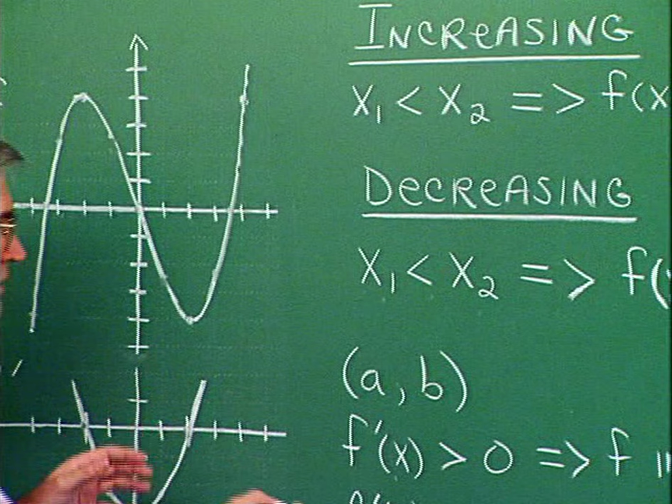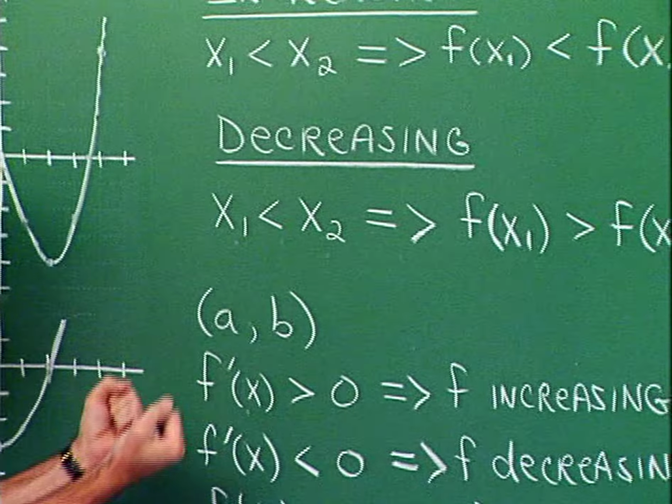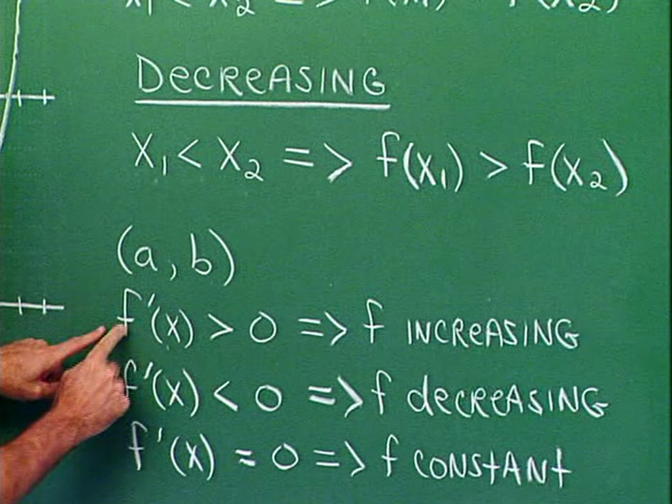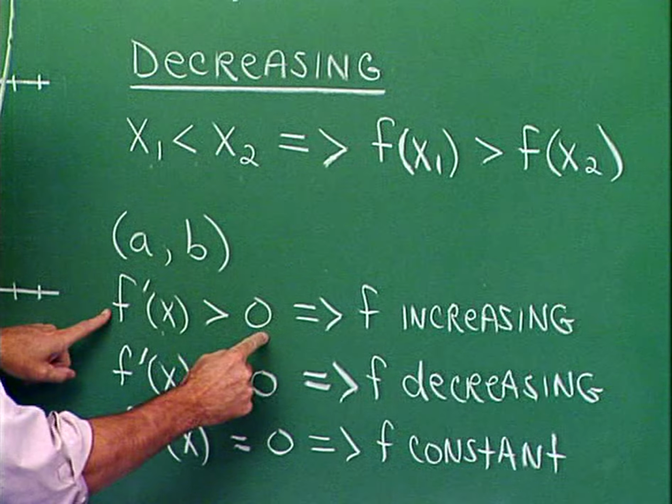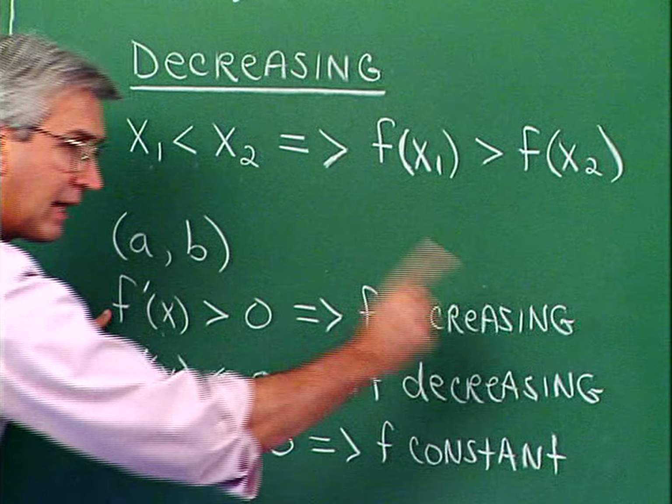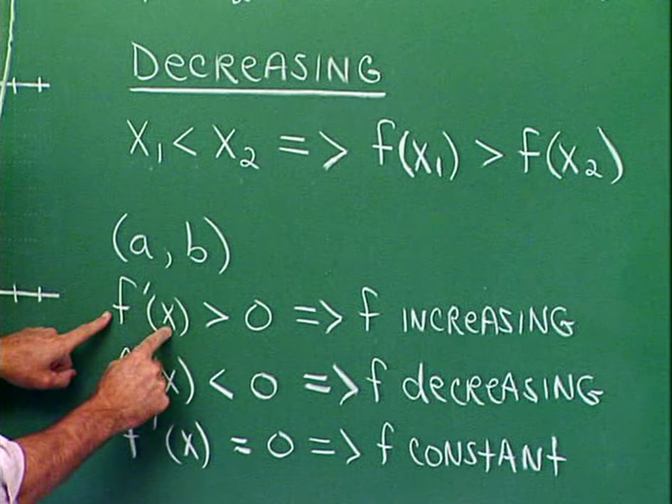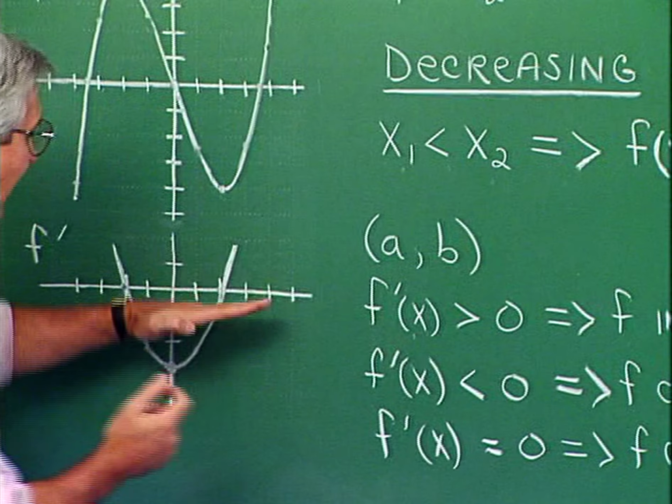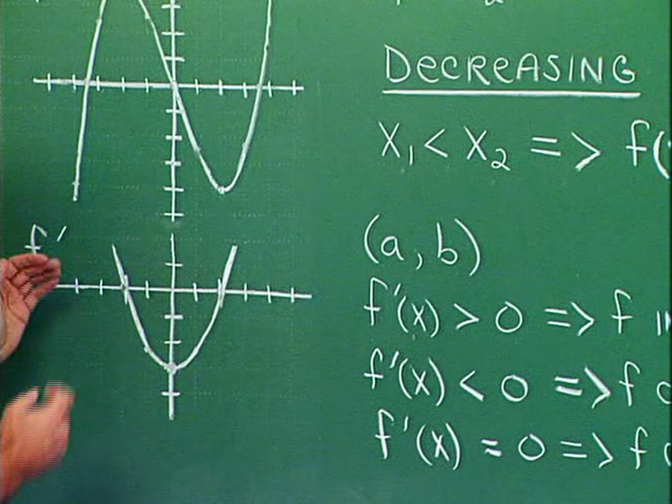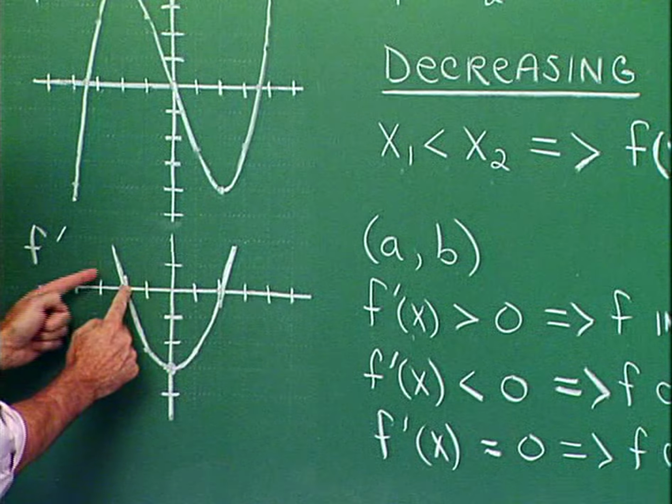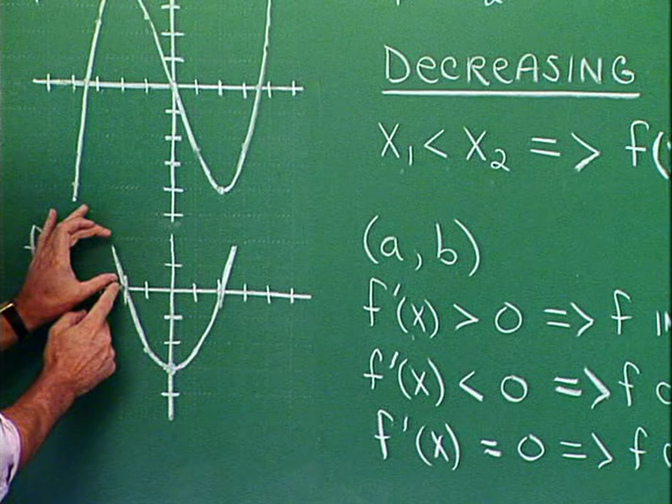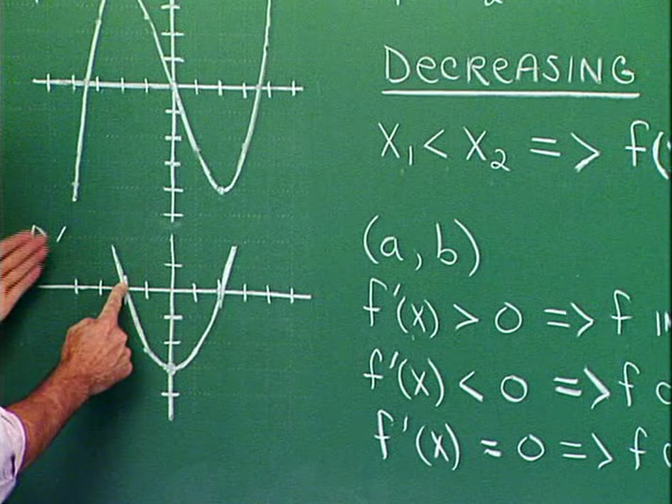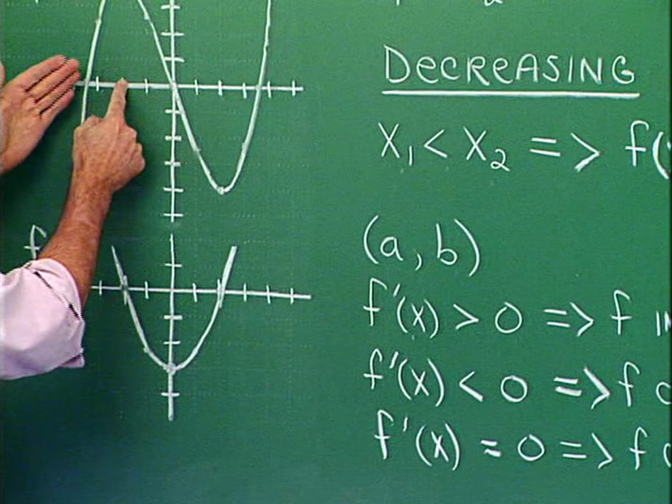Now, to summarize the idea on the f prime function in a particular interval a, b, as long as f prime of x is greater than 0, f is increasing. Let's say it again. As long as f prime of x is greater than 0. Where is f prime of x greater than 0? That is above the x-axis. In this interval, f prime of x is above the x-axis. f prime of x is greater than 0 on this interval, and sure enough, on the same interval, the graph